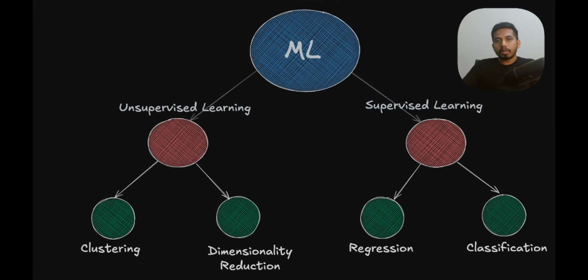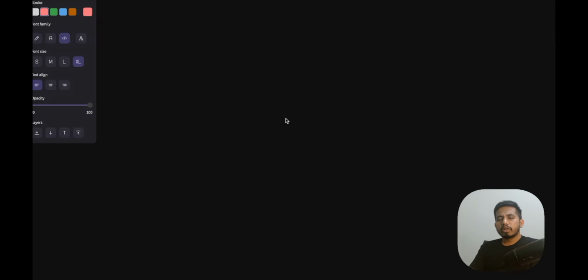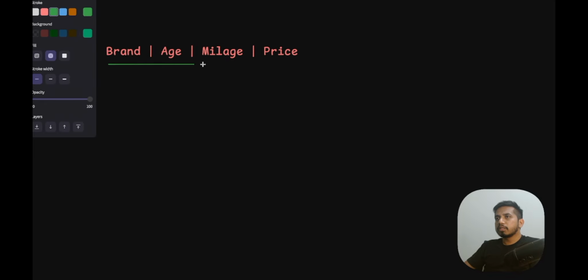Machine learning is broadly classified into two. One is supervised learning, the other one is unsupervised learning. Let me explain with one example. Let's assume you have a friend who is an expert in cars. You want to buy a pre-owned car and ask him for an opinion. Then he will ask you a couple of questions like what is the brand of the car, what is the age of the car, and maybe how many miles it ran, etc. Based on that, he might give you a price. So here, these are the input parameters and this is the output parameter. The input parameters we call x and the output parameter we call y.